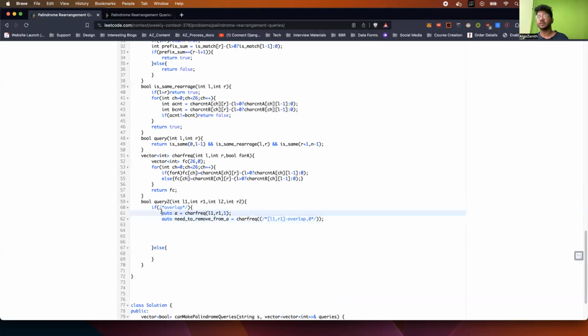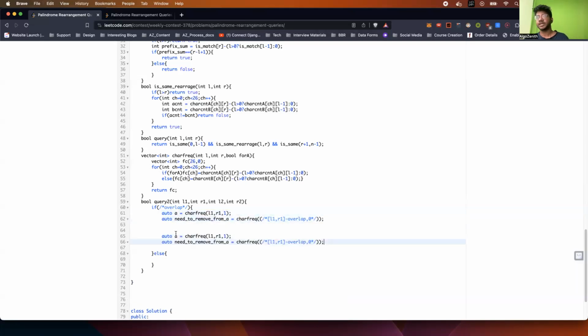Then same thing for B. After removing, they both will ideally be the same, I mean, if the whole character set is the same. So you just check: this minus this should be equal to this minus this. And first of all, we should be able to subtract this from this without making